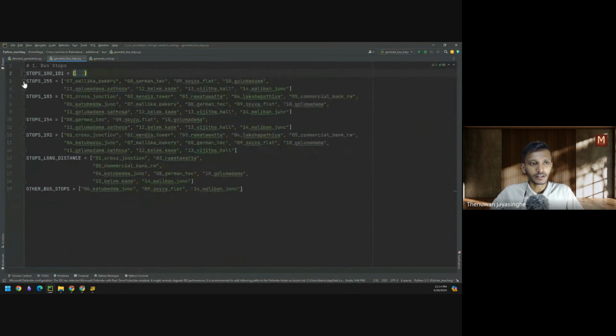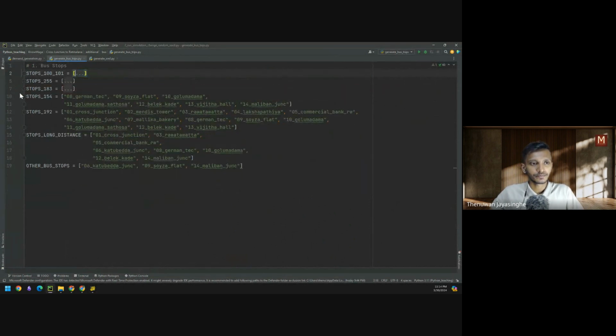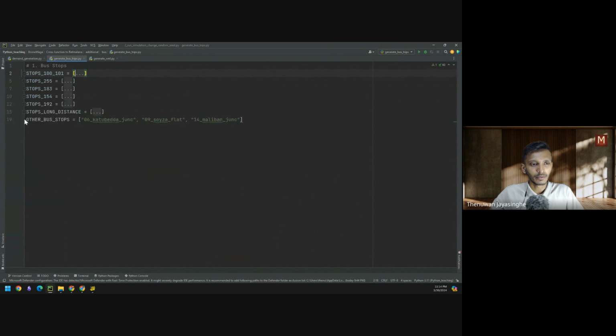So let me quickly minimize this, and then we can move to the next one. Now the